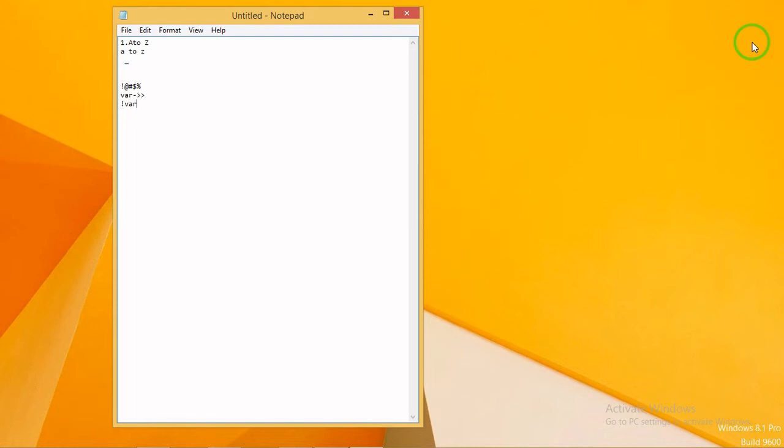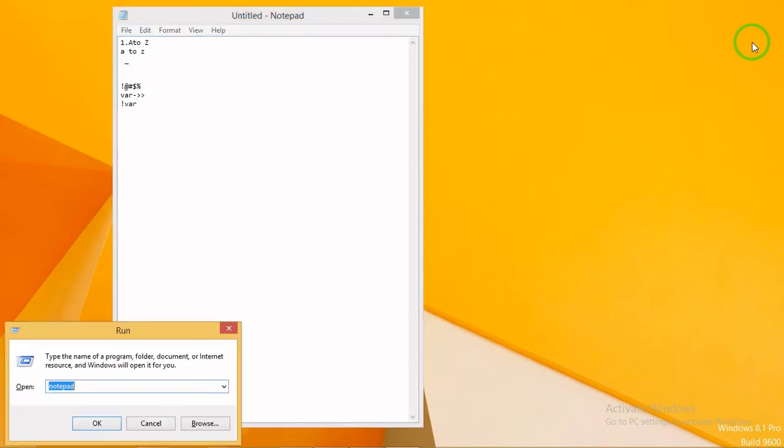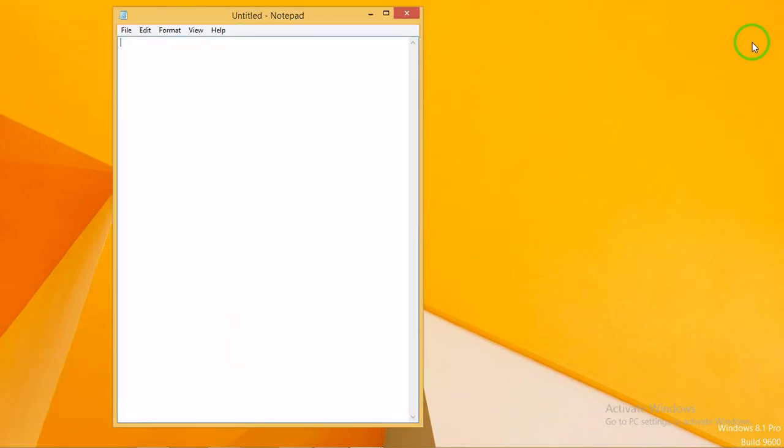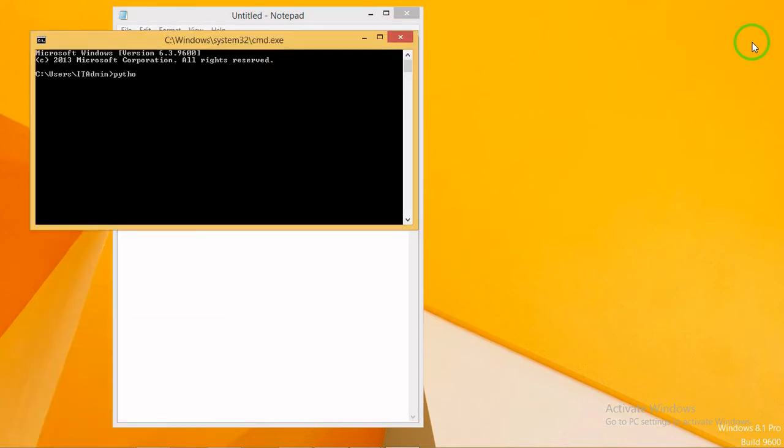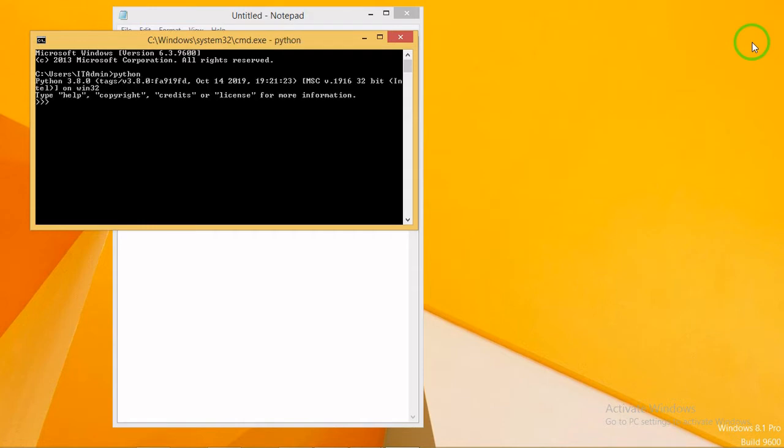Now I'm creating a new file for Python. Okay, I'll just do it in the terminal itself. I open cmd and move to Python.